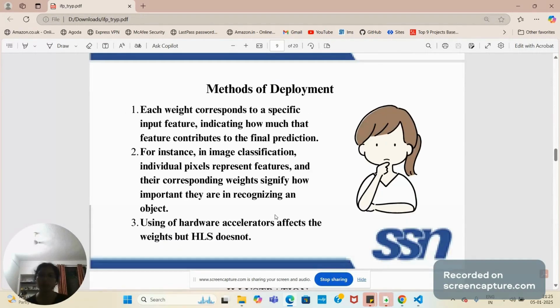But are there other methods of deployment? The answer is yes. We decided to go with the HLS mode of deployment because we wanted to make a custom CNN model from scratch. But in case we wanted to use a pre-existing model and use transfer learning, something like VGG16 or Whisper, or any other model from TensorFlow Garden, in that case it's best to go with a hardware accelerator called Tensil. So in that case, there is no need for HLS.